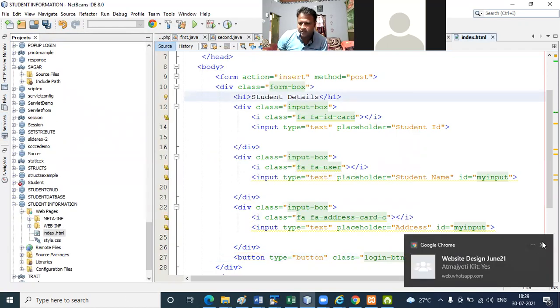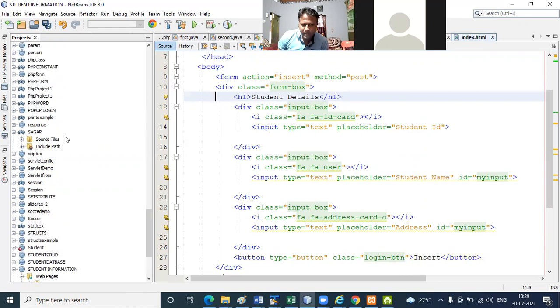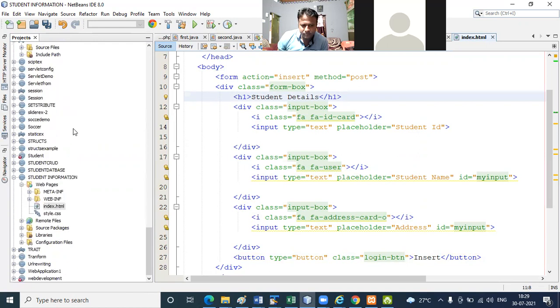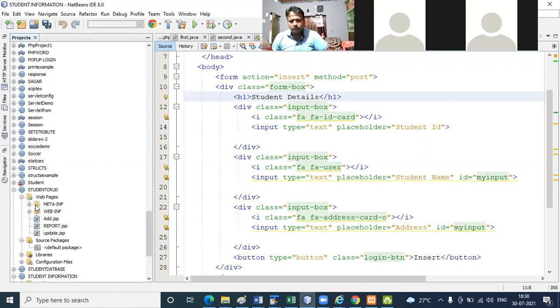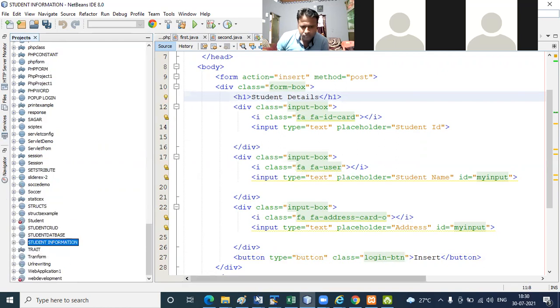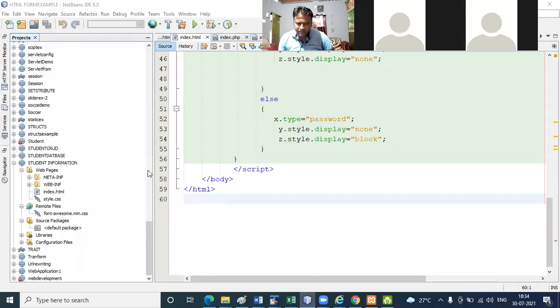For creating a connection to the application, Java class here.